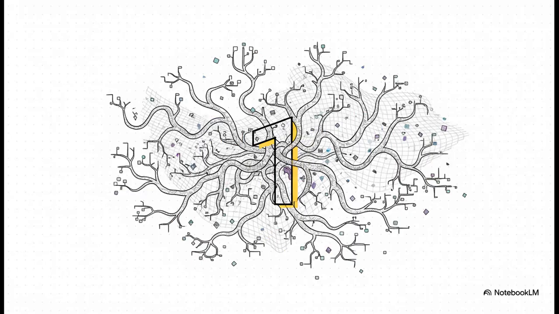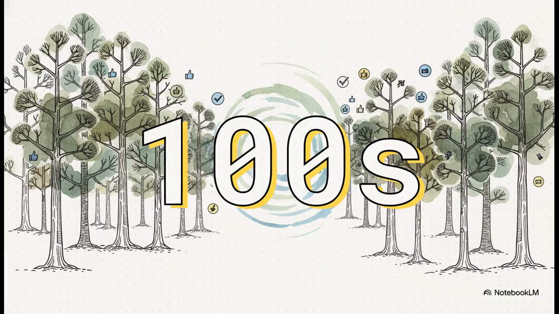Yeah, relying on just one of these trees can be pretty risky. Small changes in the data you train it on can lead to a completely different set of rules, which makes it kind of unstable. It can also get a little too good at memorizing the training data. We call that overfitting, and that means it really struggles when it sees brand new data out in the real world. So what's the solution? You build a random forest. Instead of just one expert, you bring in a whole panel, hundreds of different decision trees. Each tree gets to cast its own vote, and the final prediction is simply whatever the majority decides. This wisdom of the crowd approach is incredibly powerful and makes the final answer way more stable and way more